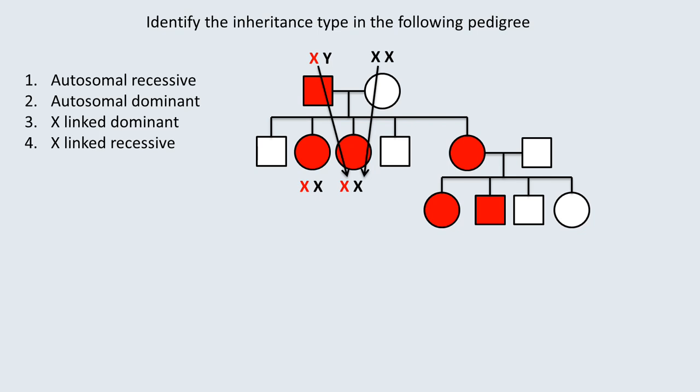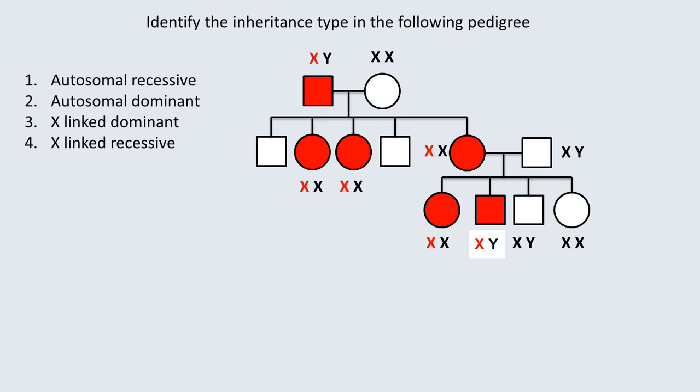But what about the males? You can clearly see that both of those two males will be getting their normal X chromosome from their mother and a Y chromosome from their father. Now what about the third female? Even her genotype will be in the same manner as the previous two females. Now what about her partner? His genotype is a normal X and Y chromosome. Now you can see that all of the third generation genotypes is in this particular manner.